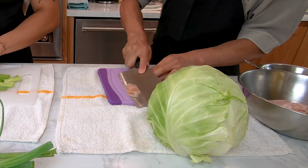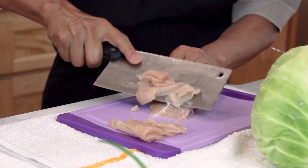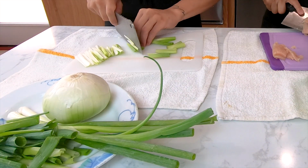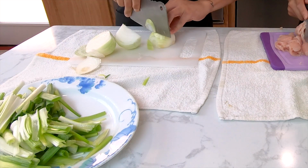We're going to start off butterflying the chicken breasts in half and then cutting them diagonally into thin and wide strips. They kind of resemble chicken chips in a way. For the green onions, slice them into 2-inch pieces and then cut each piece into 3s roughly. Then finally slice up the onions into strips and maybe wear some of those goggles so you're not crying